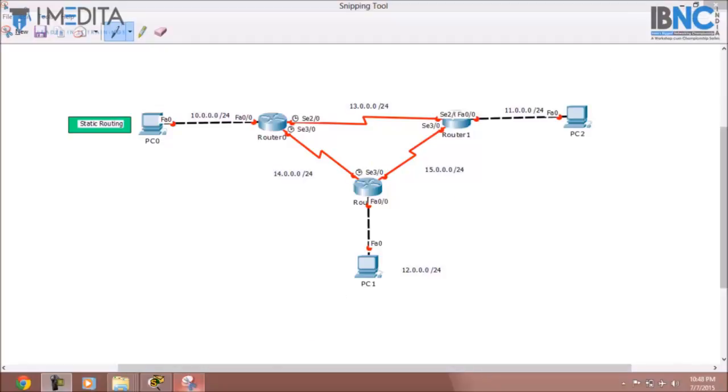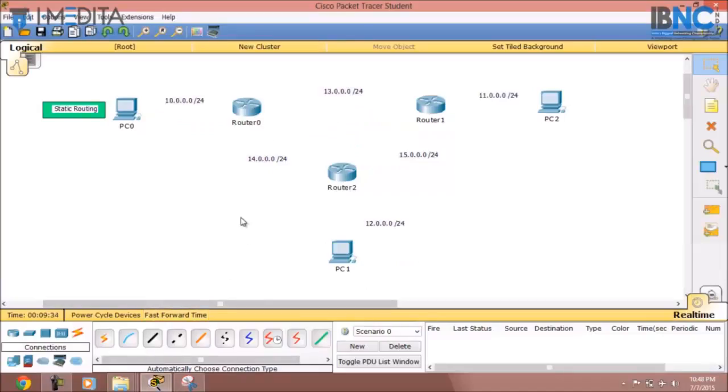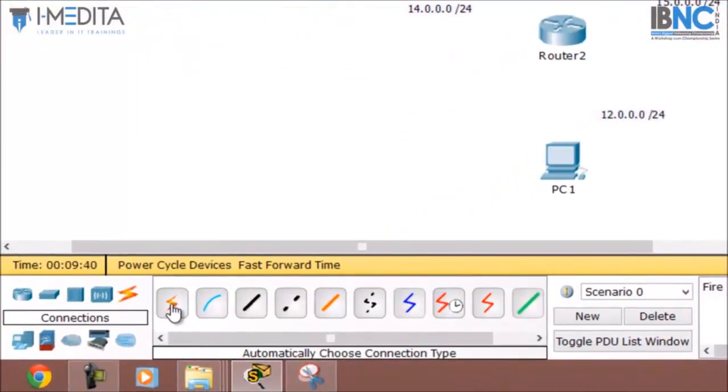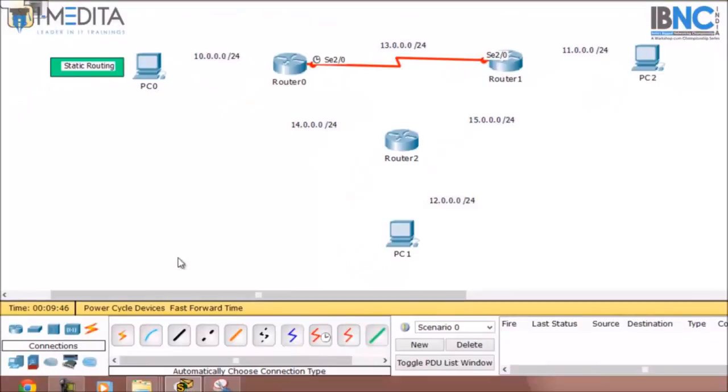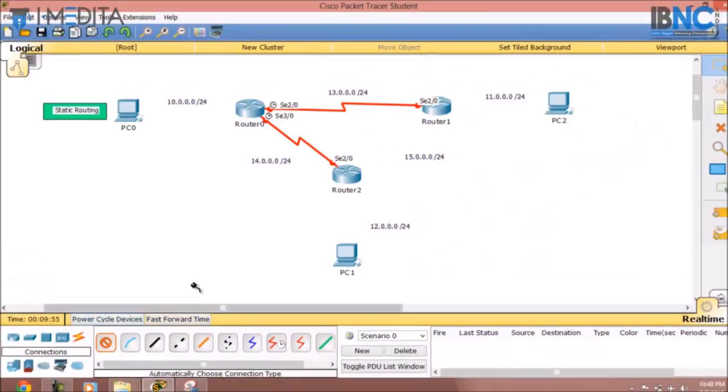We will start the packet tracer and draw this topology. I have placed the devices and now I will select the cables. For that I will click on the choose automatic connection. I will click on router 0 and then router 1. Again router 0 and router 2, or I can press control and then select the cable type. Now I can connect the devices continuously. And now press the escape button. Now since the connections are completed, we will jump to the configuration.